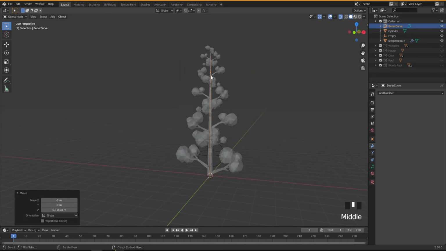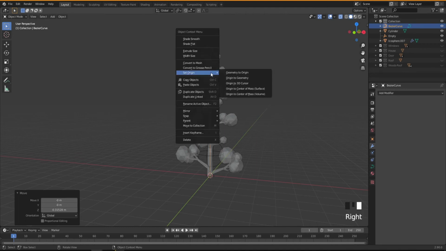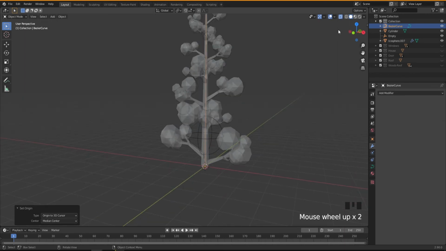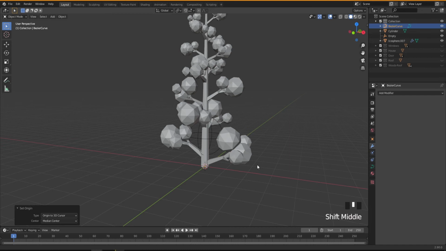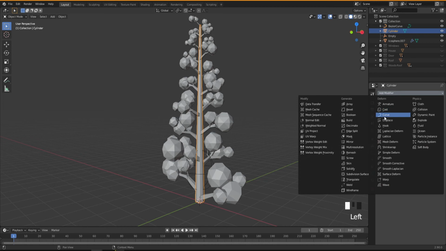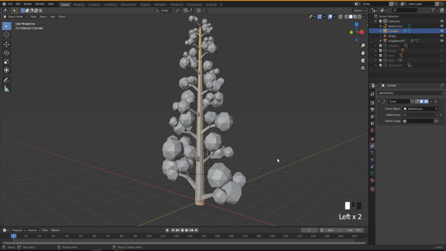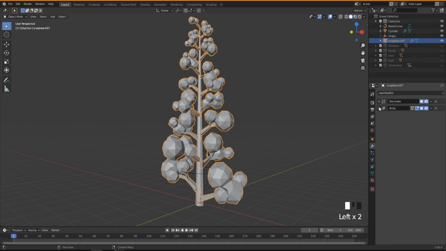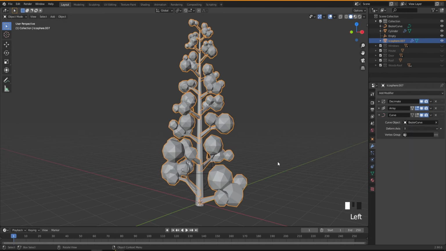And I'm going to move this point to the bottom as well, so the center of the object. So I'm just going to set origin to 3D cursor. It should fix the problem. So now again, if I get out of X-ray, then select our chi chunk, and then add curve, select our curve, now it's working fine. And then I'm going to do the same thing for this one, by selecting this and then add curve, and then selecting our curve in the scene.